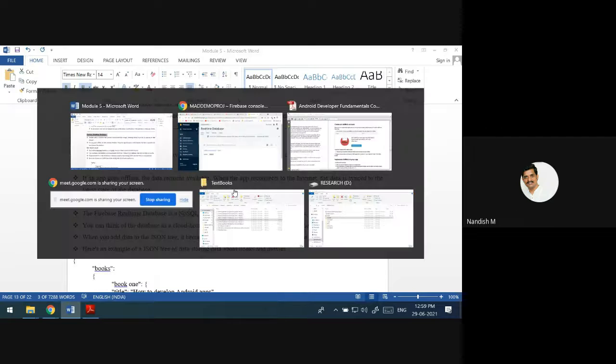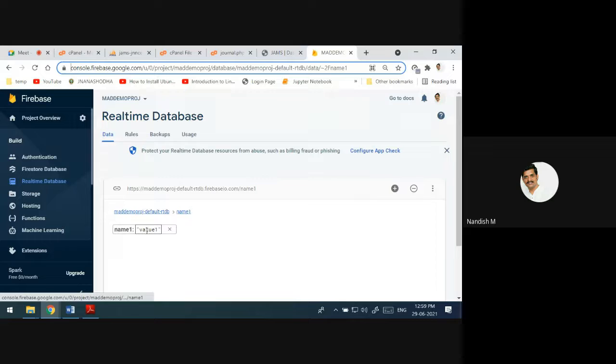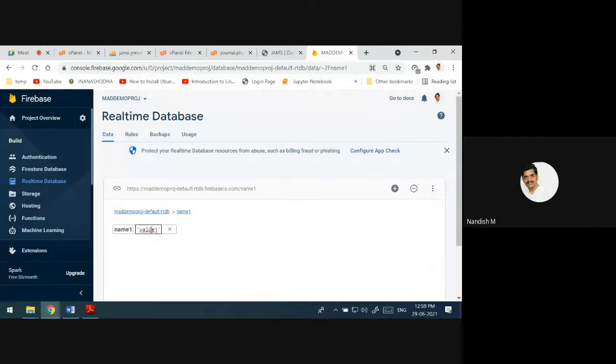Example: see here, from the mobile app you have changed this value 1 to value 2. You have opened the browser and you have changed it. But if your mobile app is not connected to this website, this project, because your app is not connected to the internet, then the value 2 will not be available in your app.